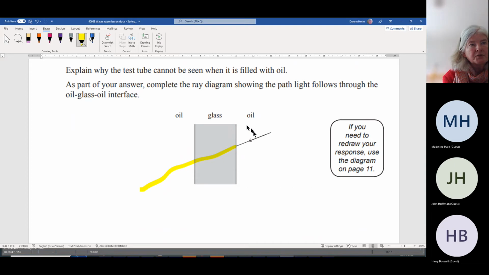Yes, I know there's a difference between oil and glass and oil, but quite frankly, the glass is so thin it hardly does anything. So you just make it go straight through. That's the easiest way to do it. Because, oh no,